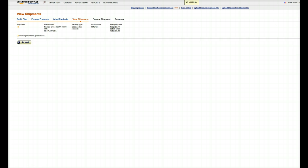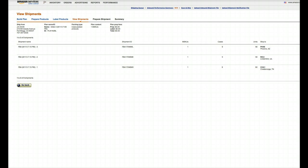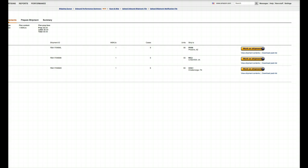And what the system's now doing is creating a workflow. Now over to the right, and I'll just move the screen over. Okay, this is where you need to individually go into each of those orders. It might be 1, it might be 3, it depends on how many products. You'll probably find at the start it'll only go to 1 fulfillment center until they get a feel for your sales pattern and what needs to go where. But all you do is click work on shipment,